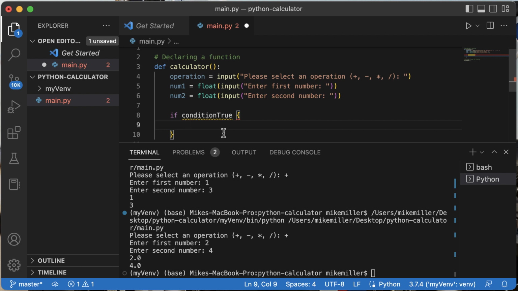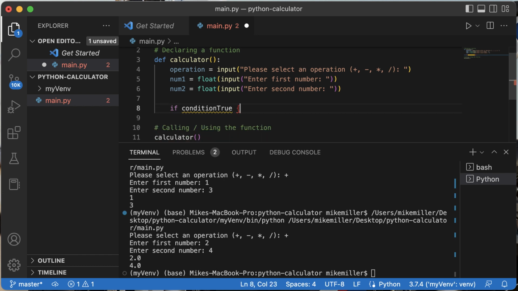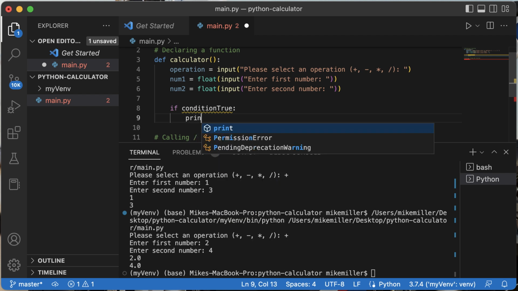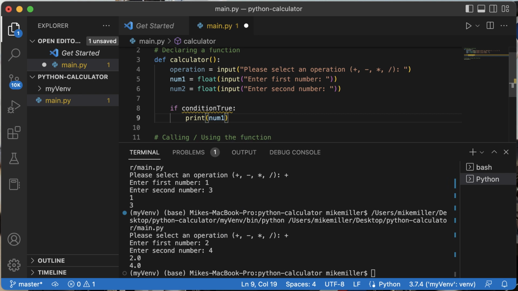execute this code. And in other languages you will see an open and close bracket here, but not in Python. So it's much simpler. It just goes based off of a tab. So we can create our condition. If this condition is true, you have your colon to end that line for the condition, and then the code we want to execute. So we could say we just want to print the numbers together